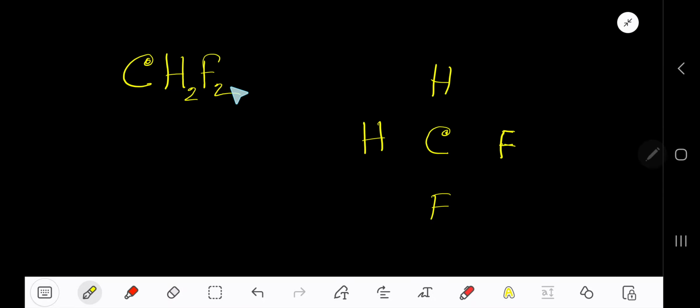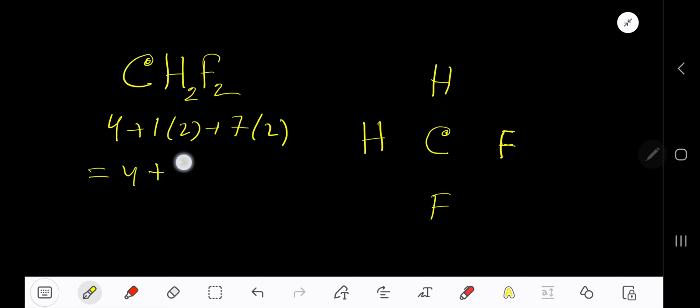CH2F2 Lewis structure, that is difluoromethane Lewis structure. Carbon has 4 valence electrons, hydrogen has 1, but here we have 2 hydrogen atoms, so multiply by 2. Fluorine has 7 valence electrons, and here we have 2, so multiply by 2. So we are getting 4 plus 2 plus 14, so 14, 16, 16 plus 4, 20